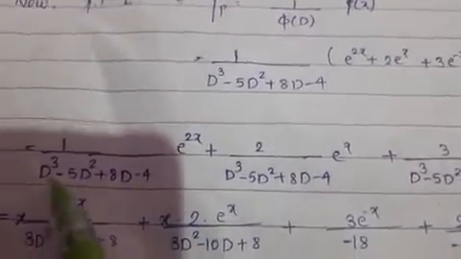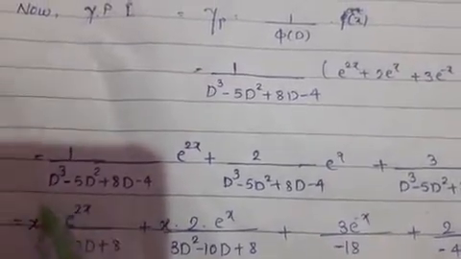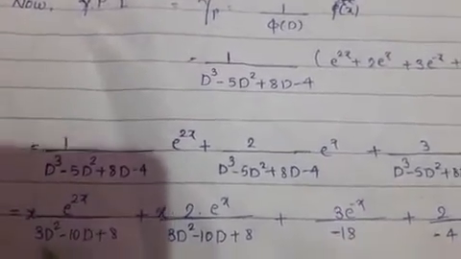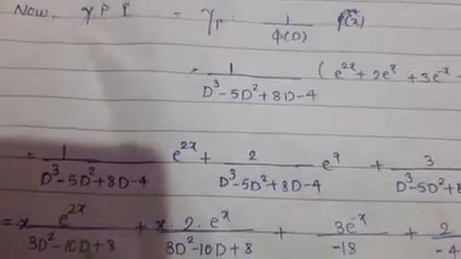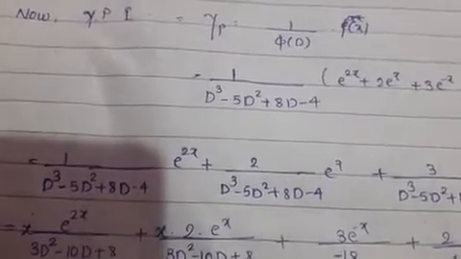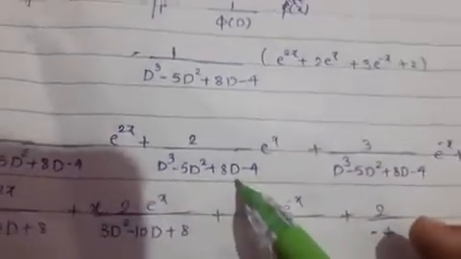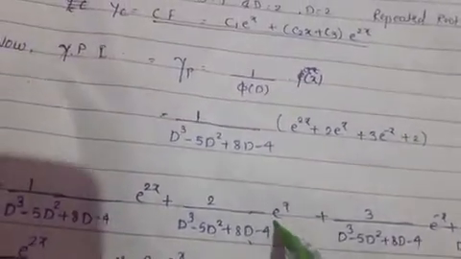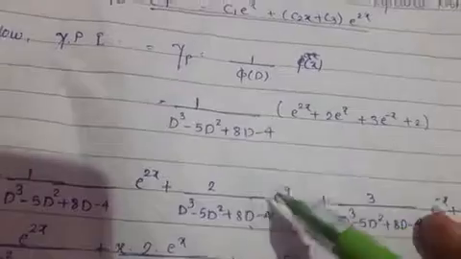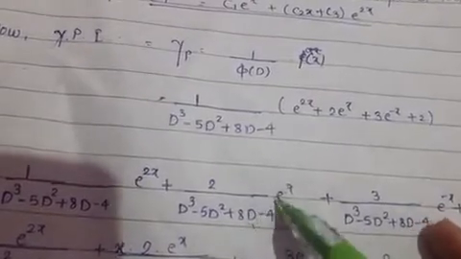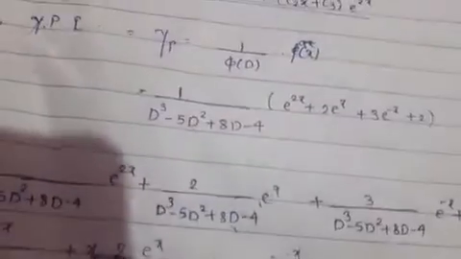that is, x e raised to 2x, and then the derivative of the denominator. So d cube plus d cube, take its derivative: d cube's derivative is 3d square, 5 2s are 10d, plus 8. So I have taken the first derivative. Similarly, I obtain the same condition here, that d equals 1. While putting d equals 1, the function also becomes 0. So the same condition happens here.